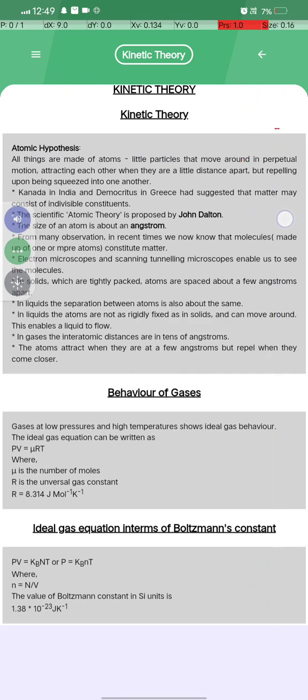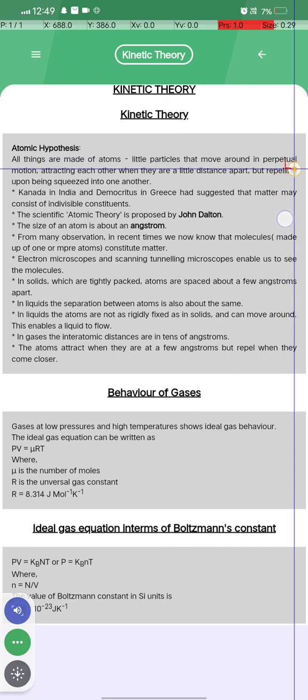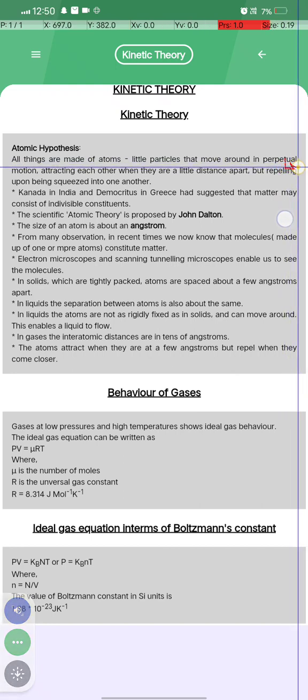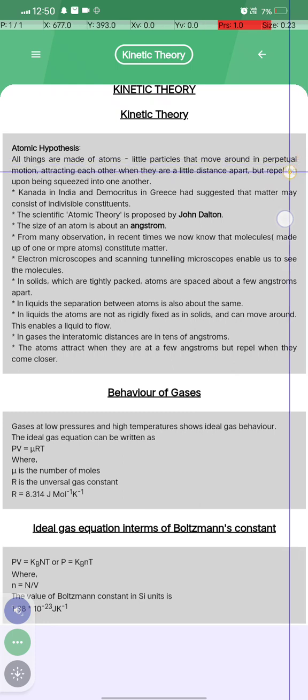So what is kinetic theory? First, we will study what the atomic hypothesis is. All things are made up of atoms, as we know, little particles that move around in perpetual motion,